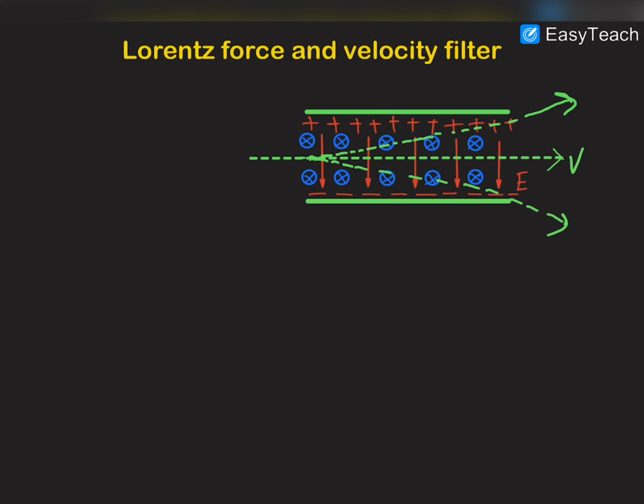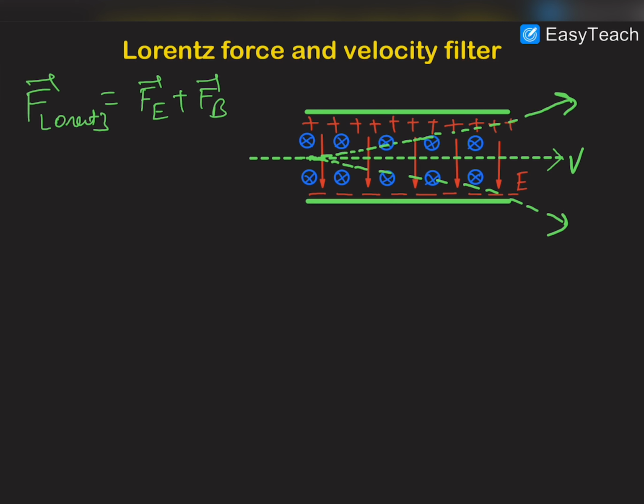We know that when a particle is moving in both electric and magnetic fields, then obviously the total force acting on the particle, which is the Lorentz force, will be the vector sum of the electric force acting on the particle as well as the magnetic force acting on the particle. So when a particle is moving in a combined electromagnetic field, then the vector sum of both the forces acting on the particle, which is electric force and magnetic force, is called the Lorentz force,